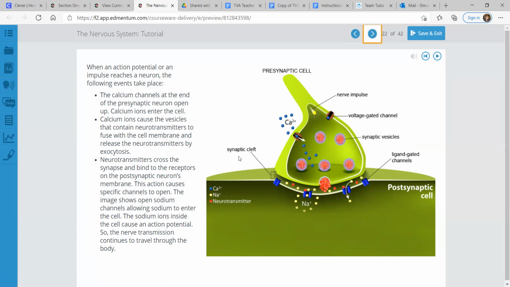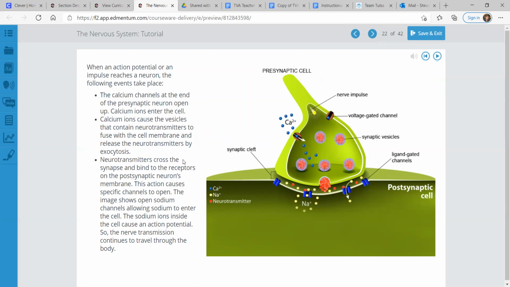The calcium ions are causing these vesicles that contain neurotransmitters to fuse with the cell membrane and release neurotransmitters by exocytosis. So this vesicle full of neurotransmitters, it's going to come over here to this cell,